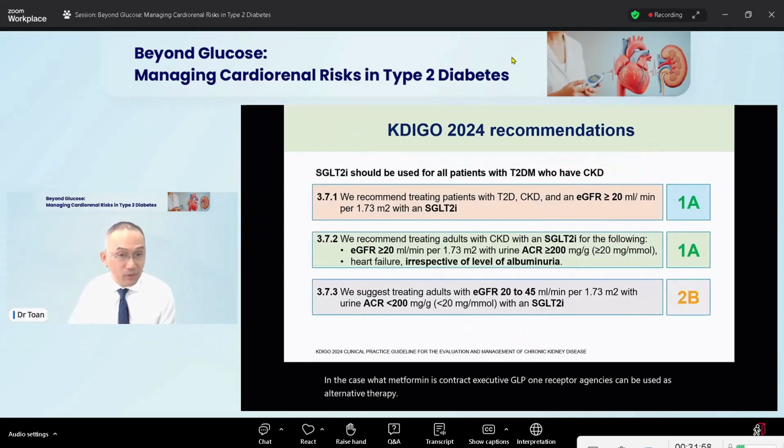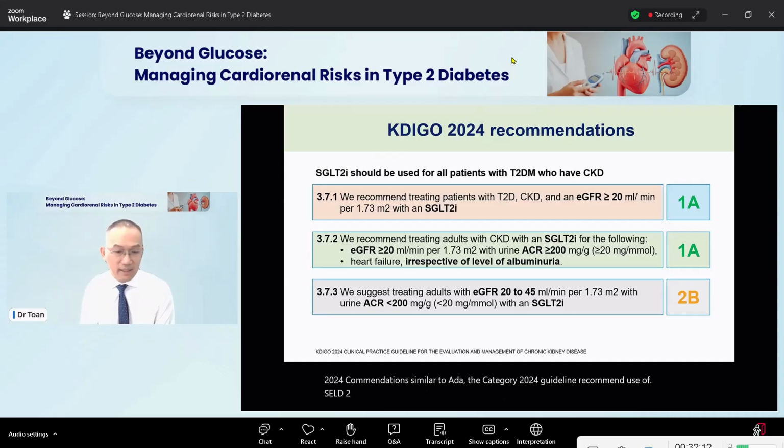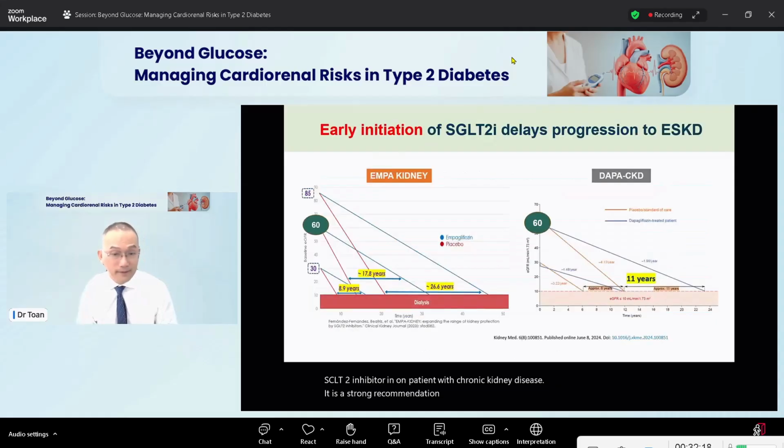And KDIGO 2024 recommendations, similar to IDA, the KDIGO 2024 guideline recommends use of SGLT2 inhibitor in patients with chronic kidney disease. It is a strong recommendation with high evidence. And earlier initiation of SGLT2 inhibitor delays progression to